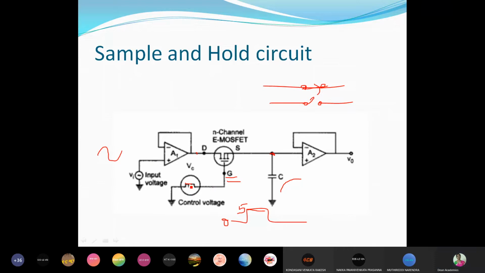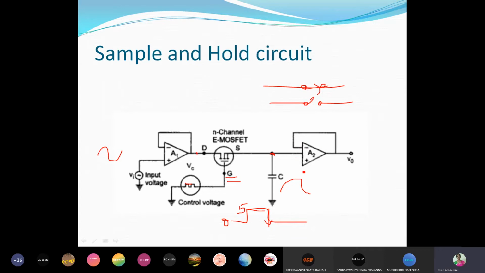Then the control voltage goes low, right? When it falls from 5 to 0, this switch will be open. So no voltage is reaching the capacitor, right? At that time what should happen? The capacitor should start discharging, right? It should start to discharge. But here the capacitor doesn't discharge because the